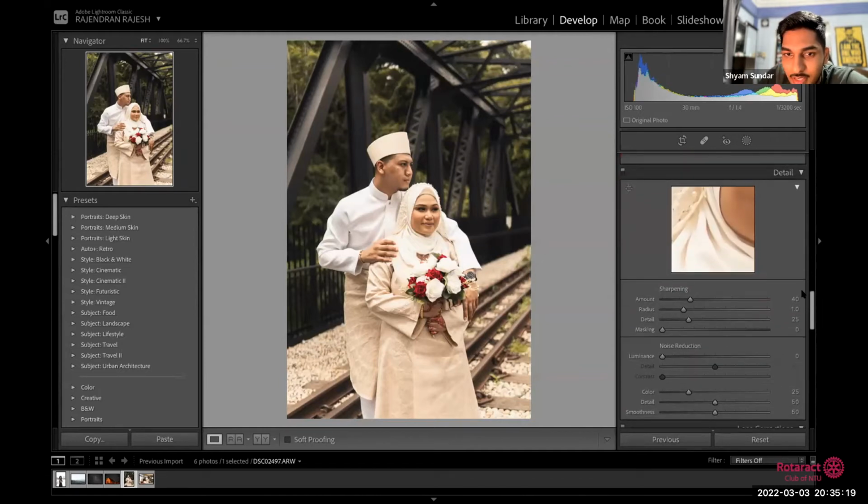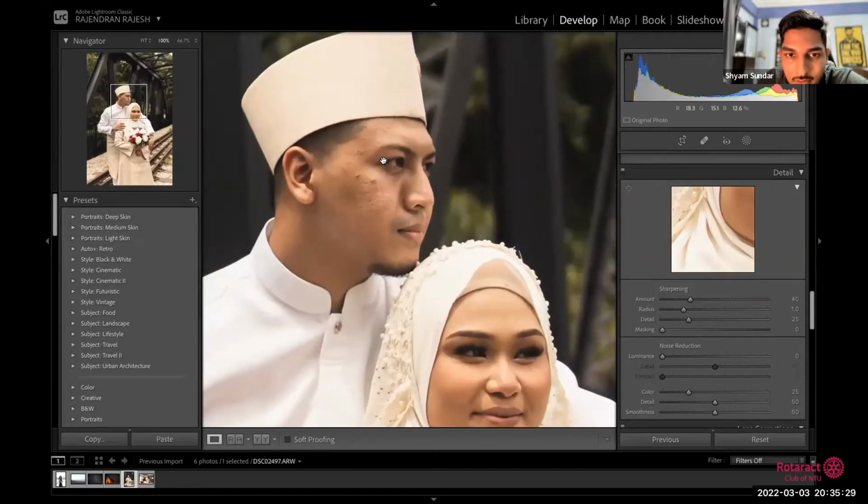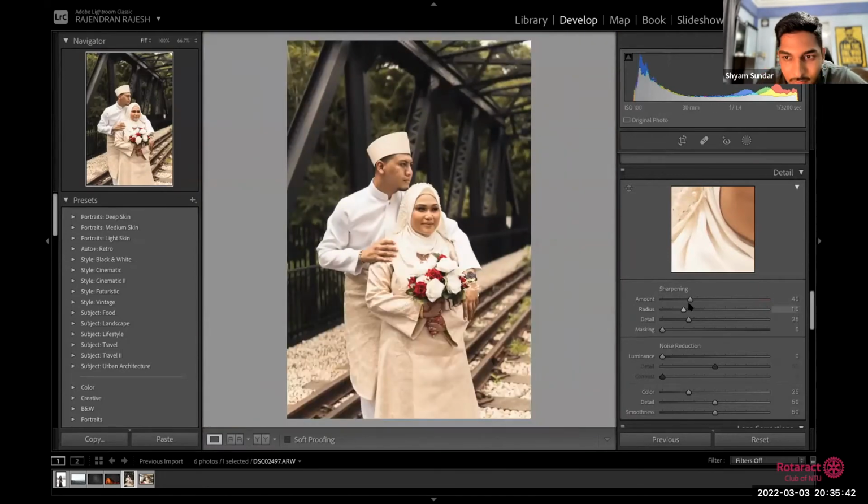And so sharpening is similar to clarity, except actually sharpening is similar to texture. It basically adds more pixels around the corners of the image. So what you have to do for sharpening is first increase it to a certain amount, any amount, and then you have to hold the Alt or Option key, depending on whether you're a Windows or Mac user, and